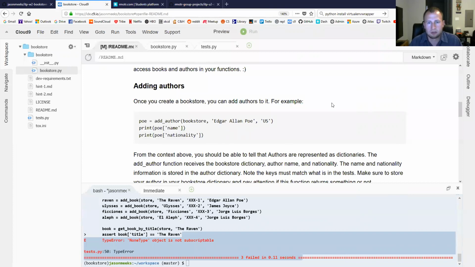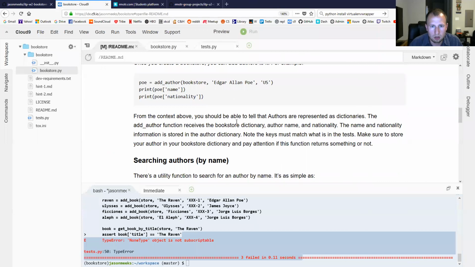That's a lot of information we've figured out from these 3 lines of code without having to read any of this text. And so I want you guys to think in that way when you're stepping through these tests in here, because you might not always know everything you want to, but you can usually figure it out. All right? So from the context above, maybe you guys read this, you can see that authors are represented as